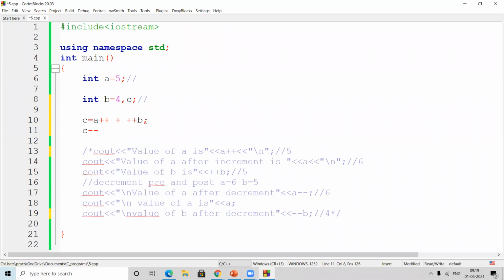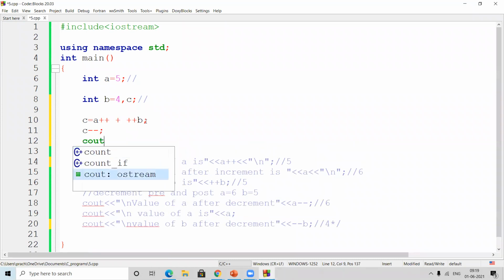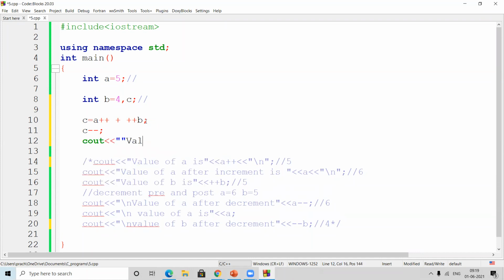So at this point, I'm just going to print the value. That's it. Now tell me the answer. Do not execute the program. Just tell me the answer while doing the dry run.